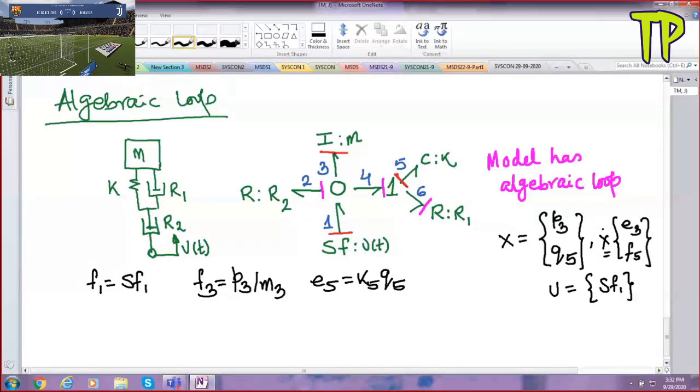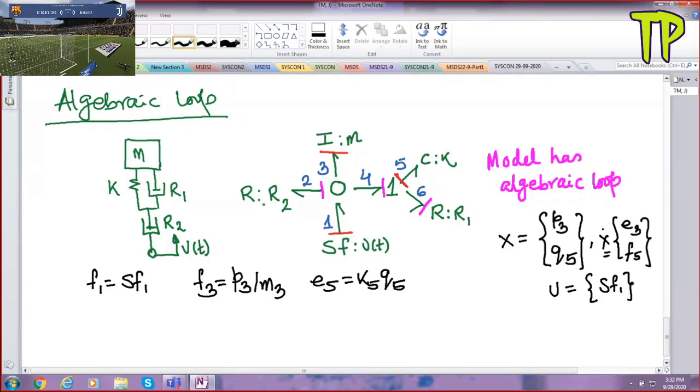Then you have to put a one junction in place of I is to M. You have to put one junction. Then to this one junction you connect I is to M and source of effort equal to minus mg. Okay, that you have to put. Right now I have not taken that G because that doesn't change the problem. So whatever I want to demonstrate is not affected by considering or not considering gravity.